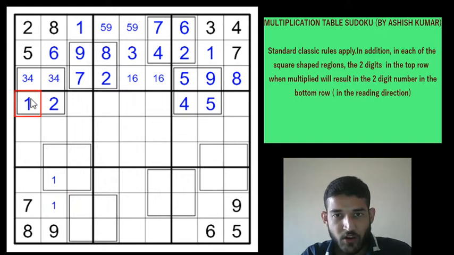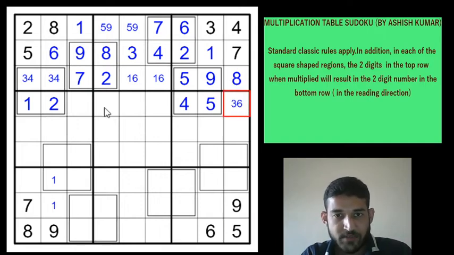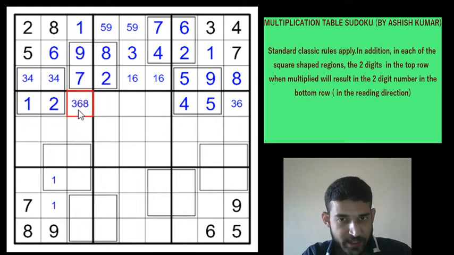Okay. Along row 4, let's make some pencil marks. 1 2 4 5 are there. 3 6 7 8 9 are to be placed, but 7 and 8 and 9 are in column 9. So this will be 3 or 6. And again 7 9 are here, so this will be 3 6 8. And here there are many possibilities, so we'll just leave it for now. 9 can be pencil marked to one of these two cells because of this 9 and this 9.